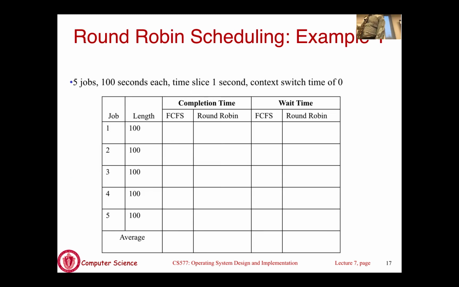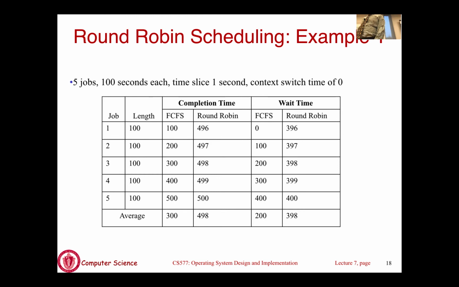There is an example here which I am going to skip, because that is an undergrad exercise you can go back and look at as homework later on. It just shows how the two work and what waiting times you see. The only thing I want to point out is, if you take the same jobs and schedule them using FCFS and using round robin, and calculate the wait times, you will see they are different. In this case, round robin has higher wait times for this arrival pattern,